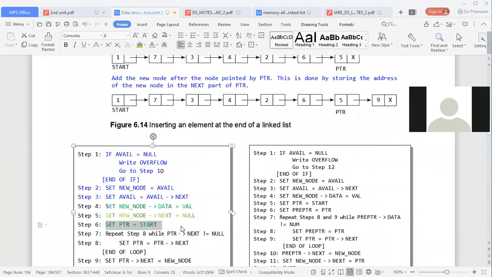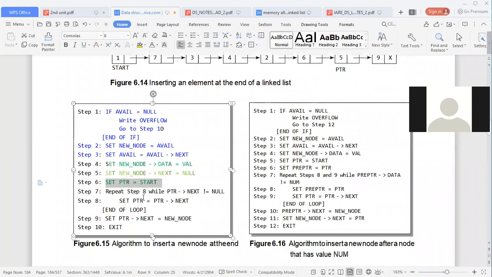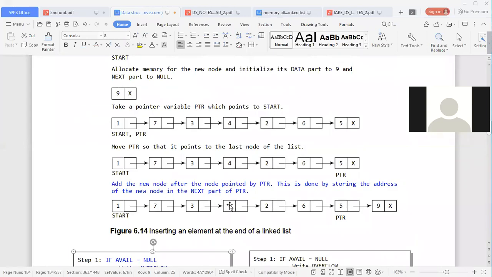Now repeat step 8 while pointer next is not equal to null. As long as it is not null we move our pointer; if it is null, we stop there and add the new node next to it. So I already asked somebody.